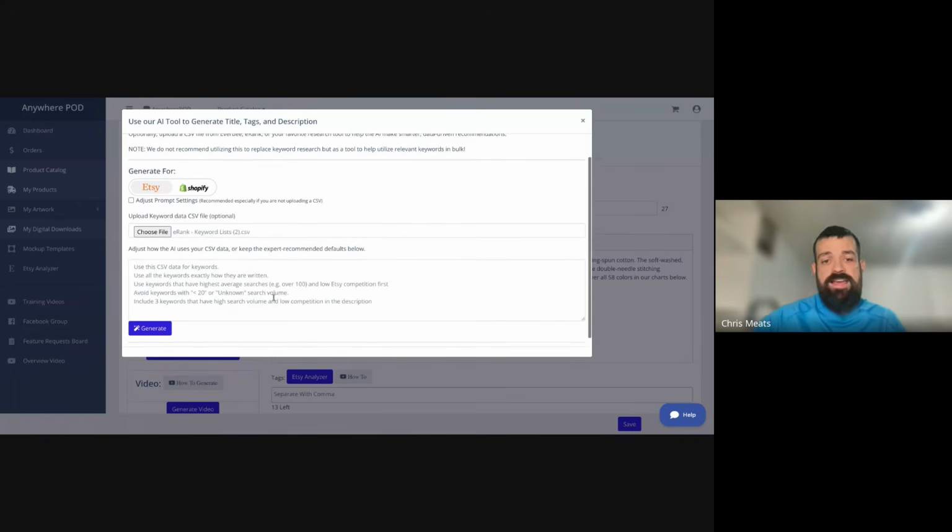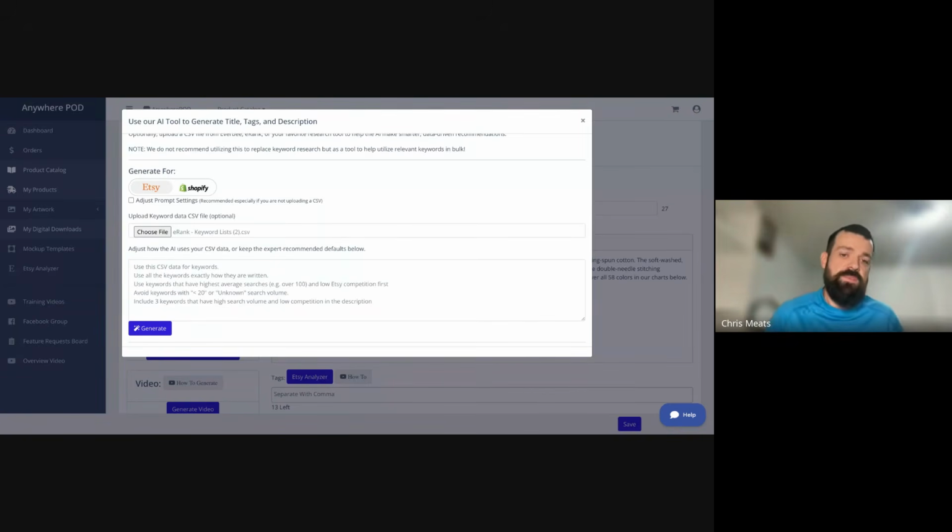And when I upload that, part of that CSV file contains that research data. What's really cool here is, one, we're using our own research. So we still consider that step to be a non-negotiable. You really need to be doing your research, finding those keywords that you want to target for your designs. That's still something that you need to do. This does not replace doing your research, but it augments that research and streamlines the process of getting to highly